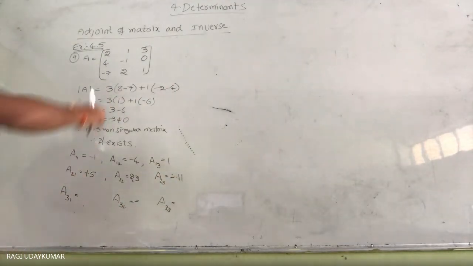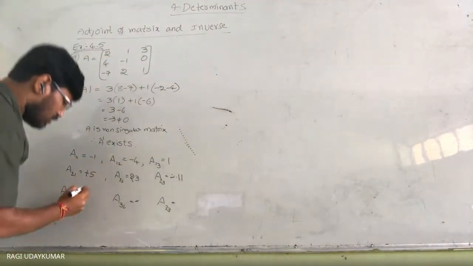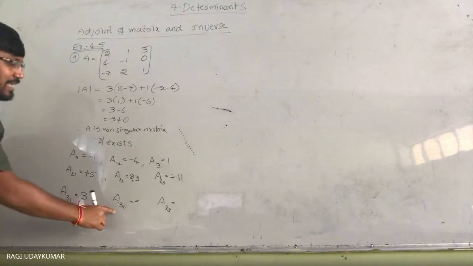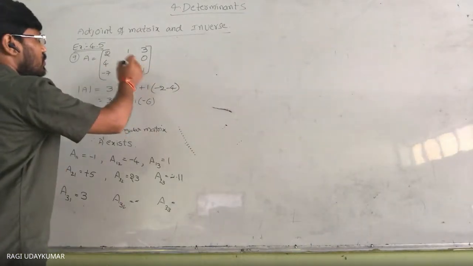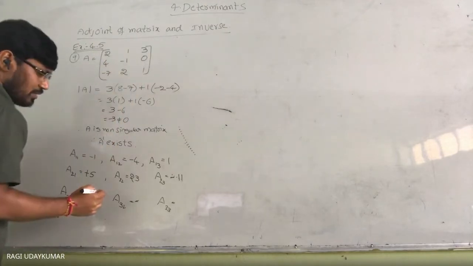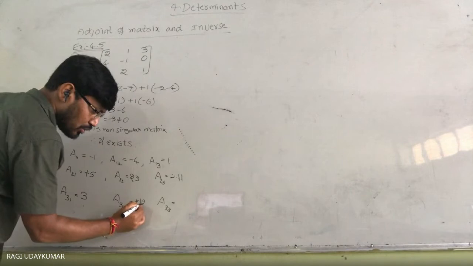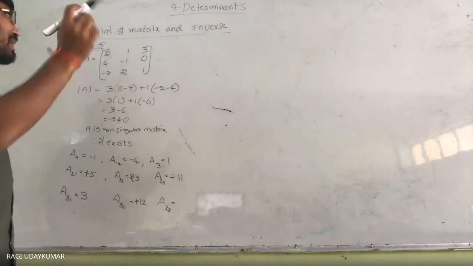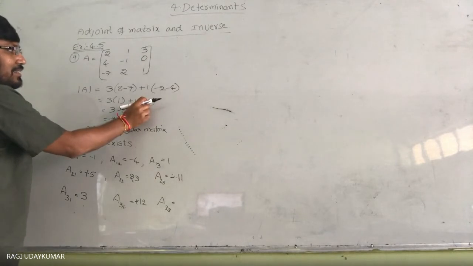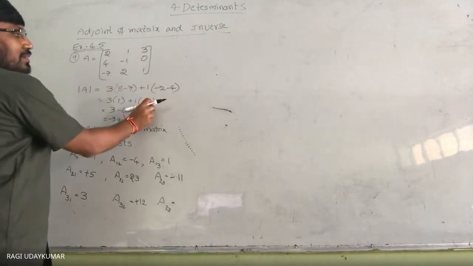This is 3 1. Third row, 0 minus of minus 3, 0 plus 3. So plus 3 we are getting. This is 3 2. Third row, second one. This row and this column are deleted. So 0 minus 12, which is minus 12. Here minus is already there, so it becomes plus. This is 3 3. Minus 2 minus 4, so minus 6. Minus is already there here, minus 2 minus this one, minus 6.